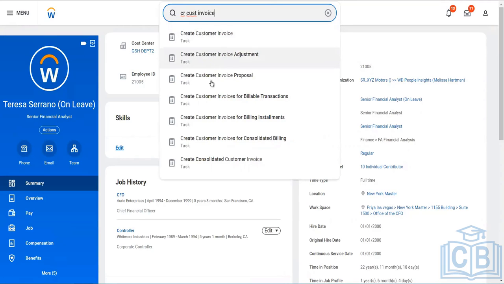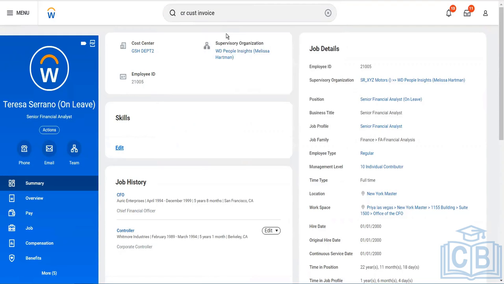You will notice that 1, 2, 3, 4, 5, 6, 7. Workday shows 7 results matching when you type the keywords in the search bar. This is what we call the search bar, and it will show you the related 7 tasks or the details. If I go with the great customer voice,